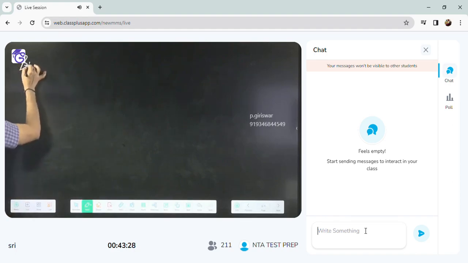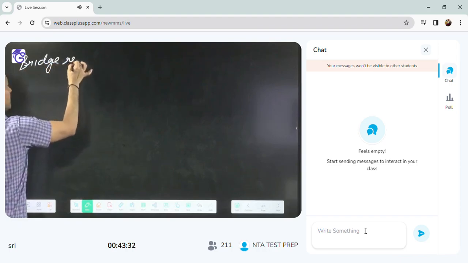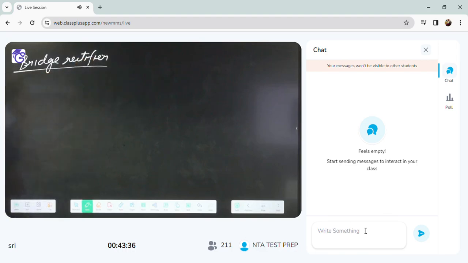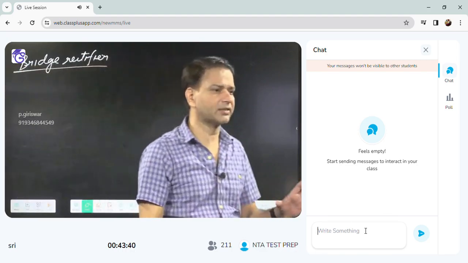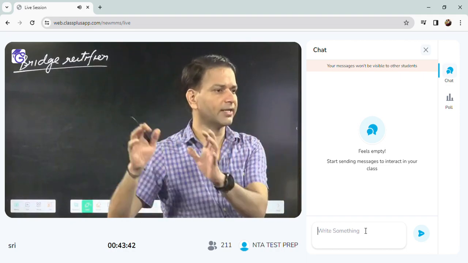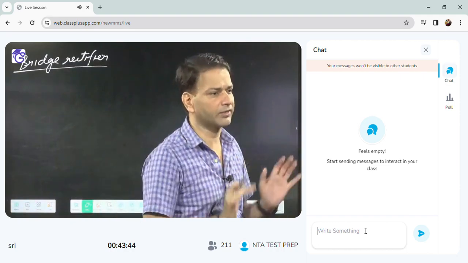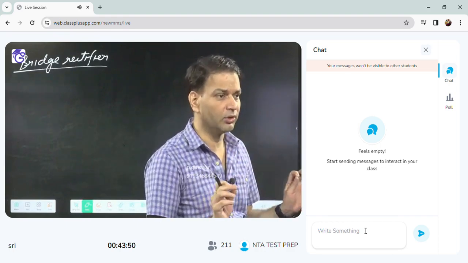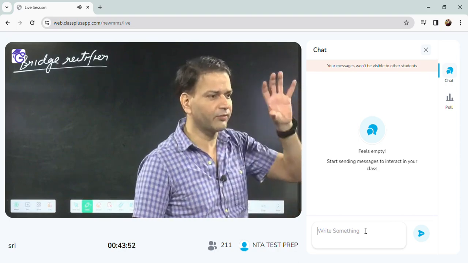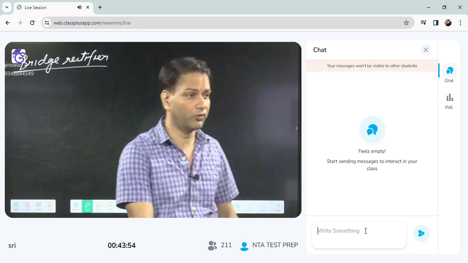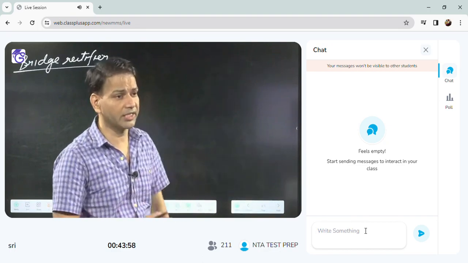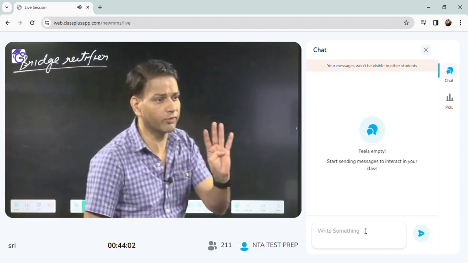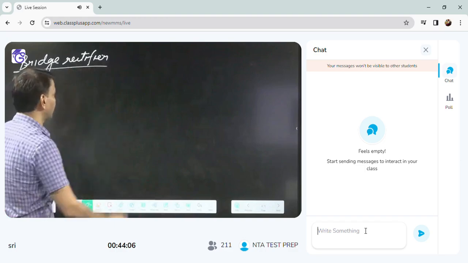Now bridge rectifier. What I'm saying is, in the NCERT, in brackets they have written, without using center tapping we can get the full wave rectification, but they have not used the name bridge rectifier and they have not given this circuit also. But in the bracket, in the center tapping, they are saying without using center tapping we can get the full wave rectifier. That is called the bridge rectifier. Okay, so in the bridge rectifier, we will use 4 diodes. First I am making the circuit, then after that I will explain.